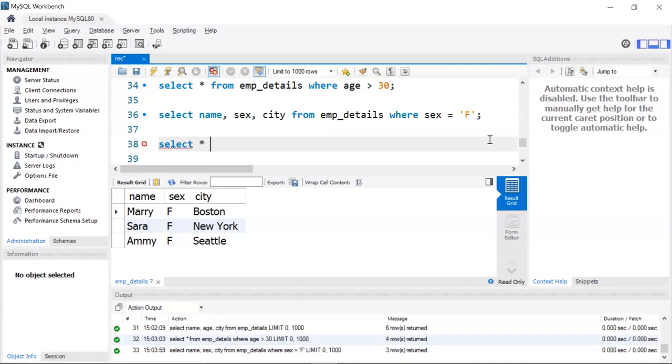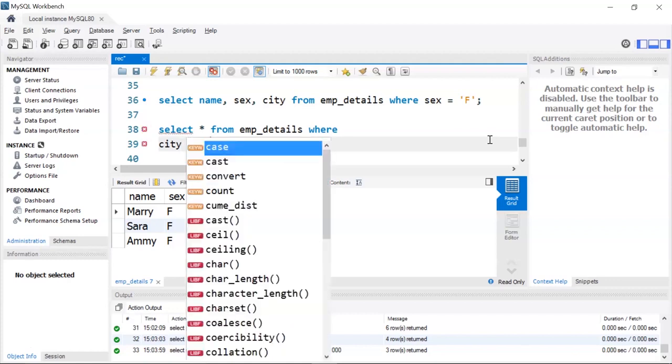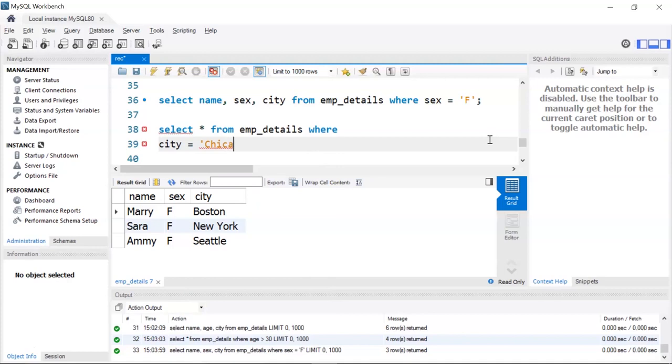So I'll write select star from emp_details, which is my table name. Then I'll give my where clause where city equal to, I'll give my city name as Chicago, and then I'm going to use the OR operator, or city equal to, I'll write Austin.